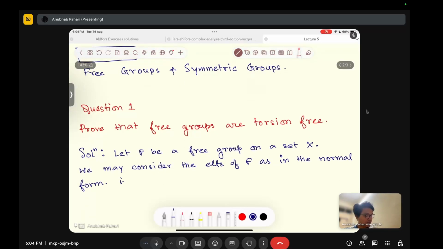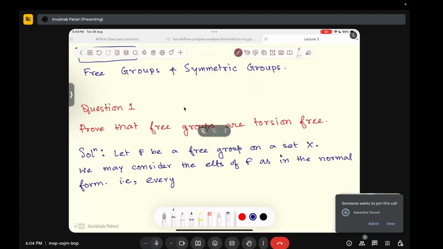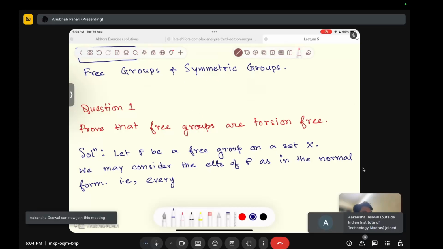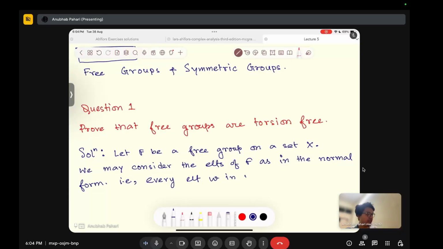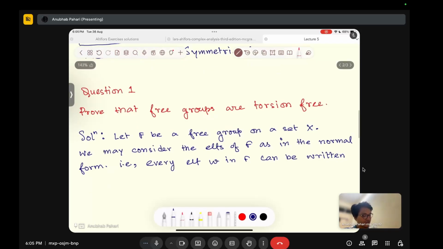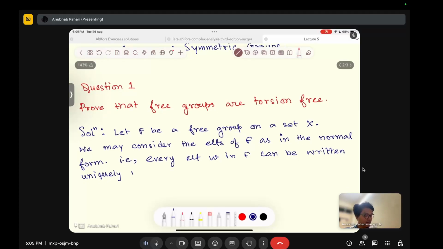That is, every element w in F can be written uniquely in the form